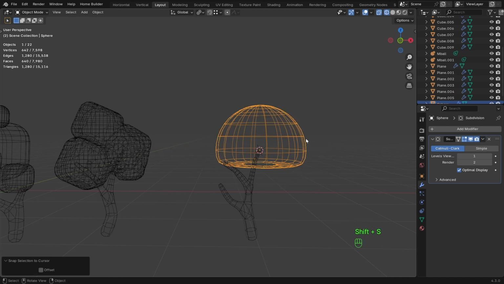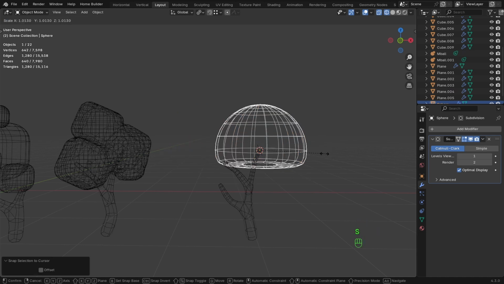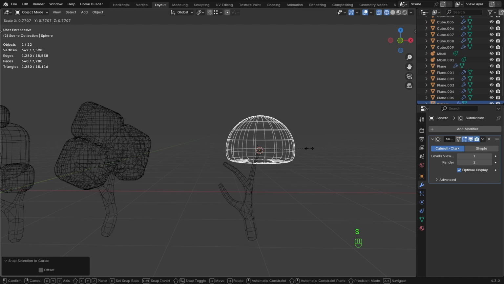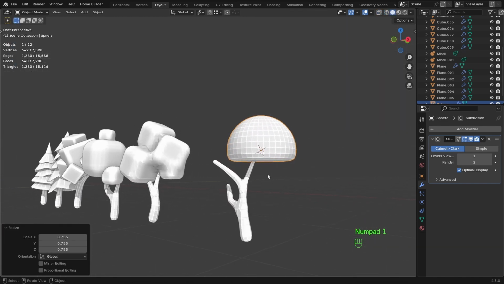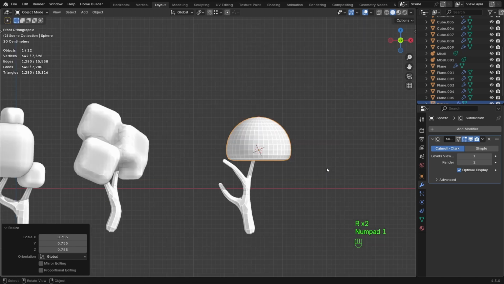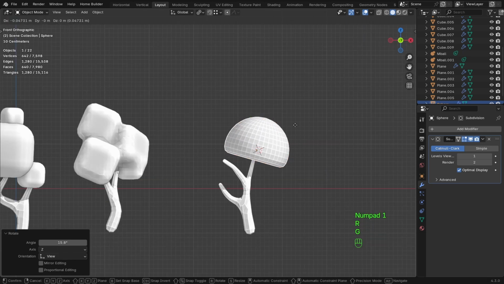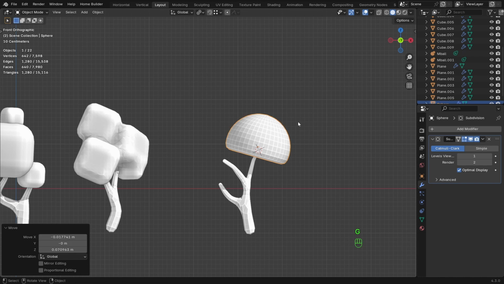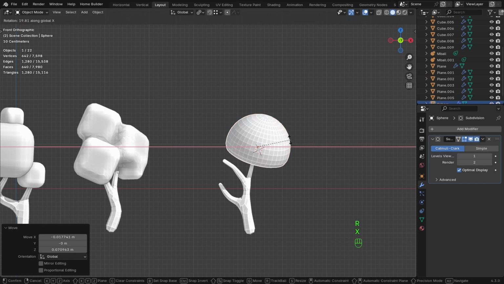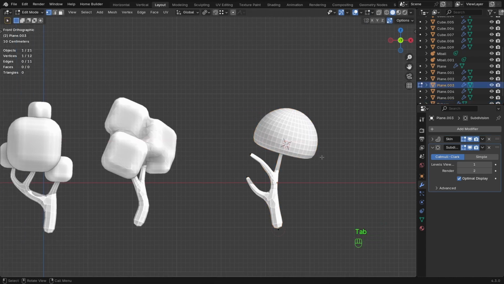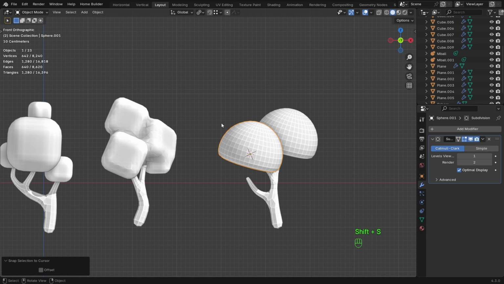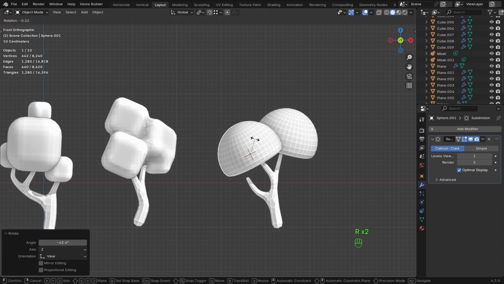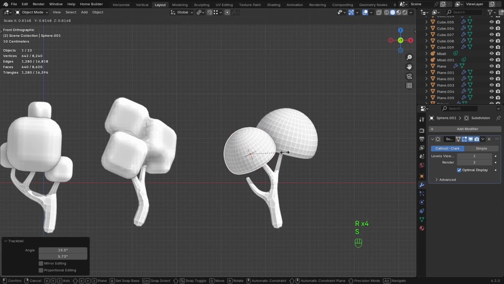and cursor to select it, and now select it, scale it down, and we can always rotate it. I can rotate it towards the camera angle, and let's select this one, move through the cursor, Shift S, selection to cursor, R, and rotate it a little bit towards this way,